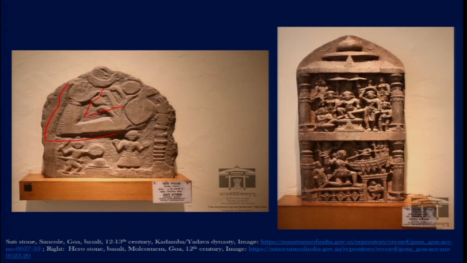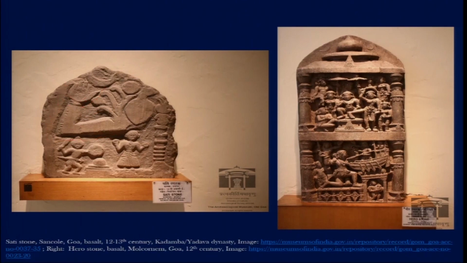So perhaps for this idea of bringing blessings to the community members and the family members, the hand of this woman is raised in the gesture of providing reassurance. Sometimes we also find a lemon held between the fingers. That is also a very established iconographical trait that we find in many of these sati stones, spread across different parts of Deccan India. And also the bangle on the hand is still present. Those are some of the things we find as part of the sati stone.